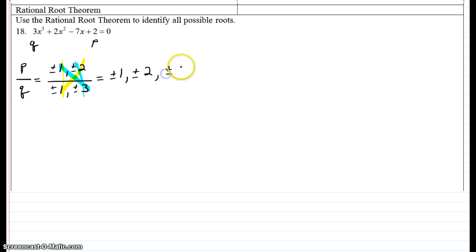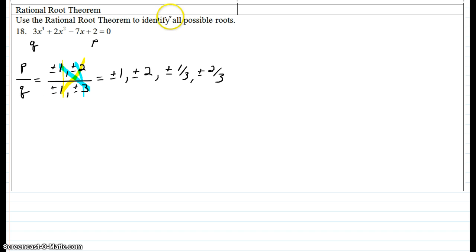So plus or minus 1/3 and plus or minus 2/3. So now we have 2, 4, 6, 8 possible factors using our rational root theorem,